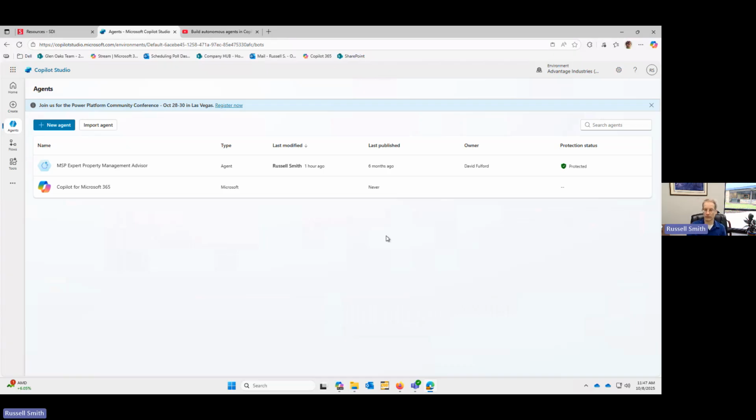Again, this does require some licensing. We use that Copilot Studio pack in most cases, but this can be published to people in your organization that don't have a Copilot. They can now get access to this, and they will see it in Teams or on your SharePoint site, and really can be